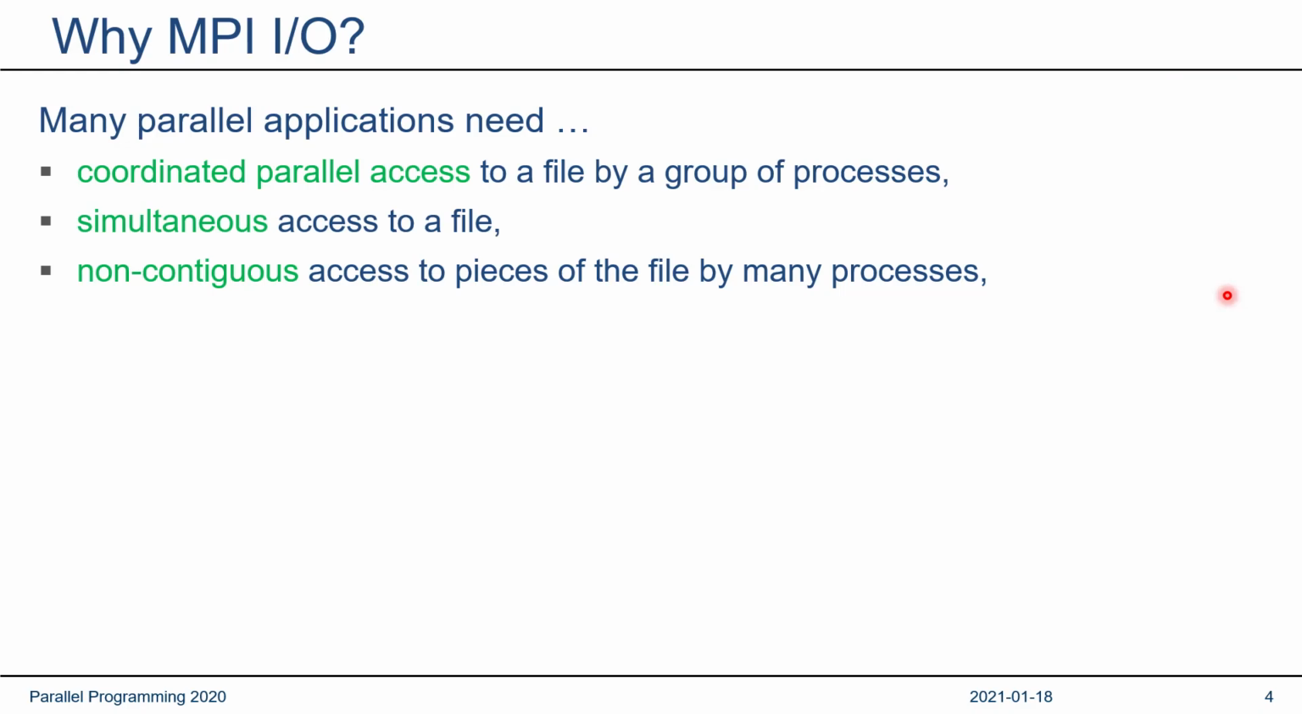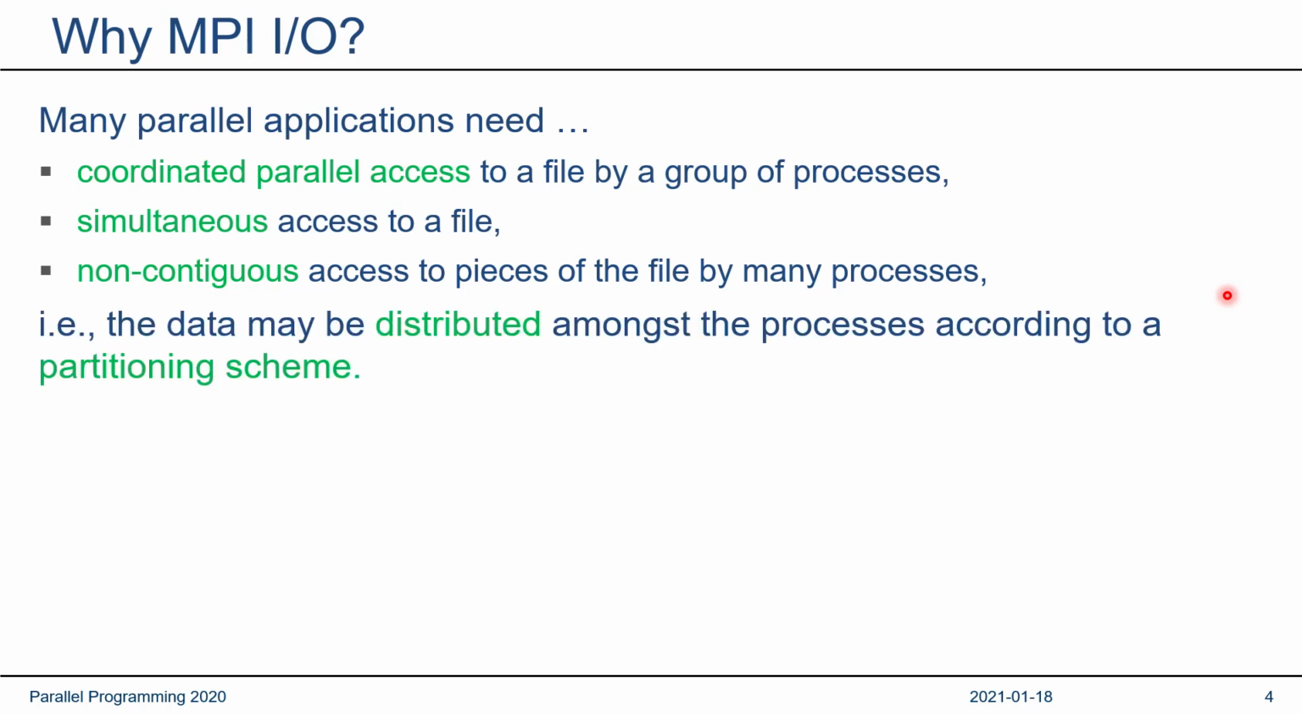First, some basics. In parallel applications, the need often arises to have coordinated parallel access to a file by a group of processes. They have to access that file simultaneously or not, maybe non-contiguously or not. There are lots of scenarios where you could imagine that it would be useful to have coordinated access to a file from different processes. This means that the data may be distributed across the processes according to some partitioning scheme. Imagine a big matrix that has to be distributed across all processes